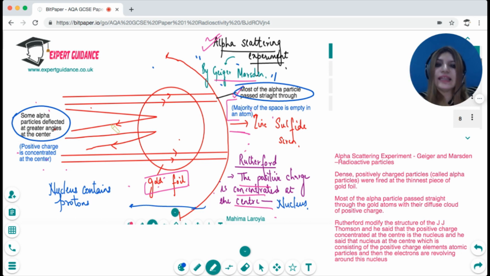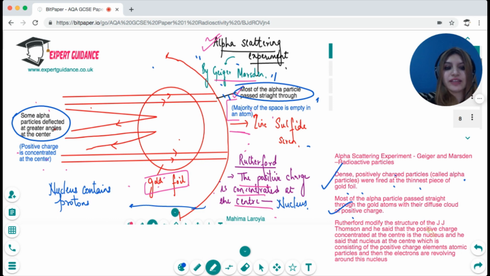So they concluded that the majority of the space in the atom is empty, and since there was a large deflection just at the center, at the center we have the nucleus. So the nucleus is concentrated at the center. The dense positively charged alpha particles were fired at the thinnest piece of gold foil. Most of the alpha particles passed straight through the gold atoms, and with their diffuse cloud of positive charge,